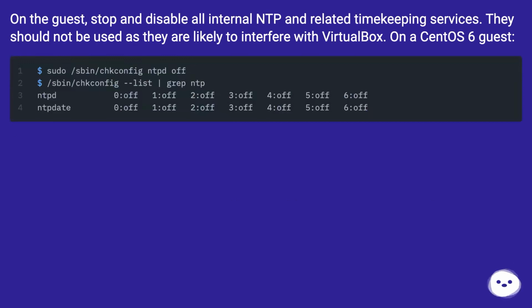On the guest, stop and disable all internal NTP and related timekeeping services. They should not be used as they are likely to interfere with VirtualBox. On a CentOS 6 guest,